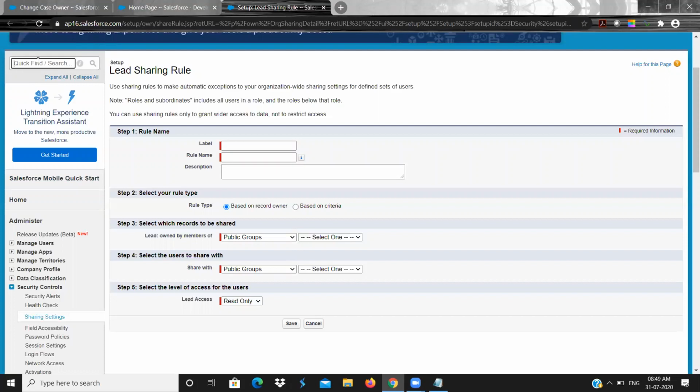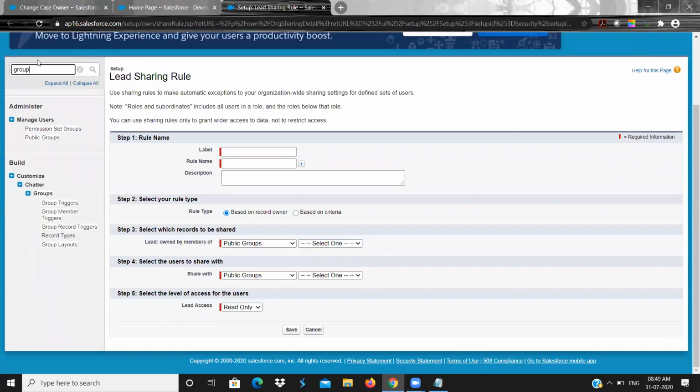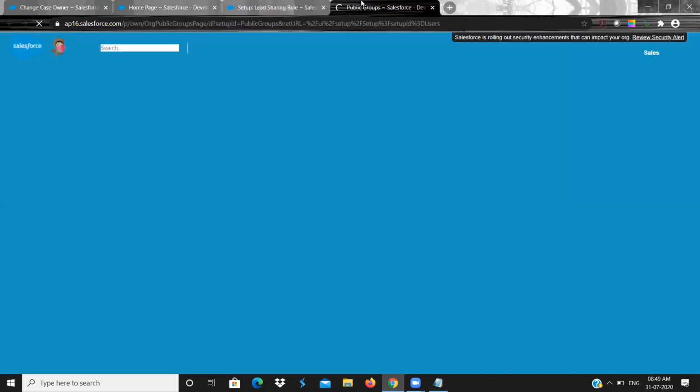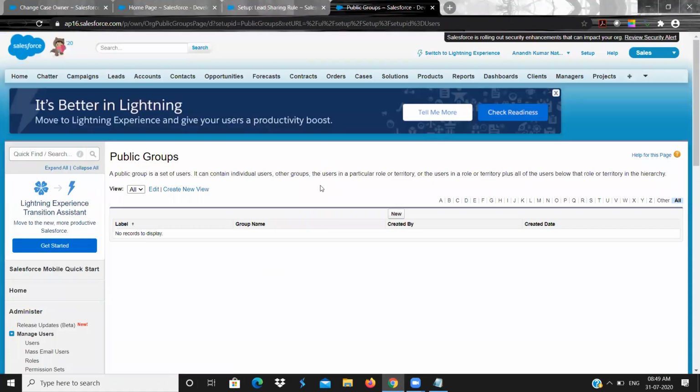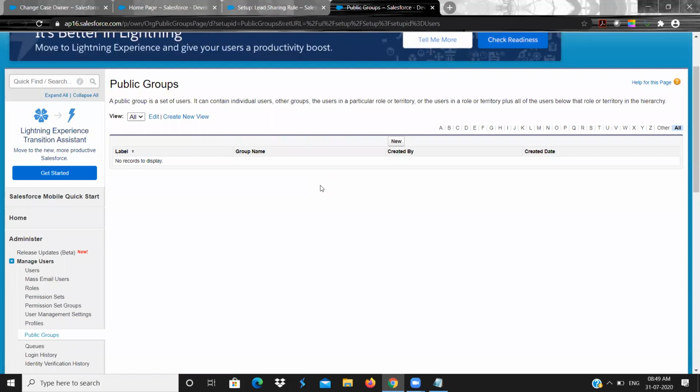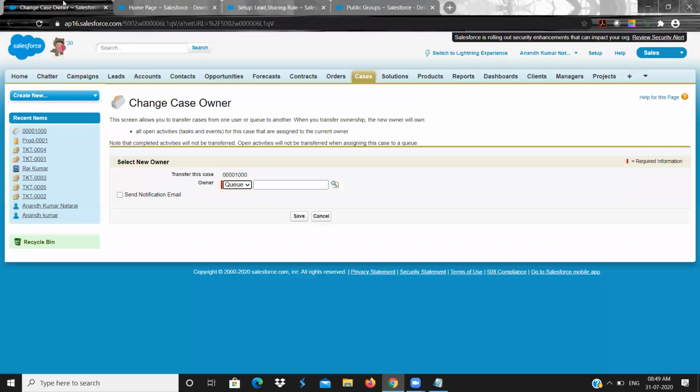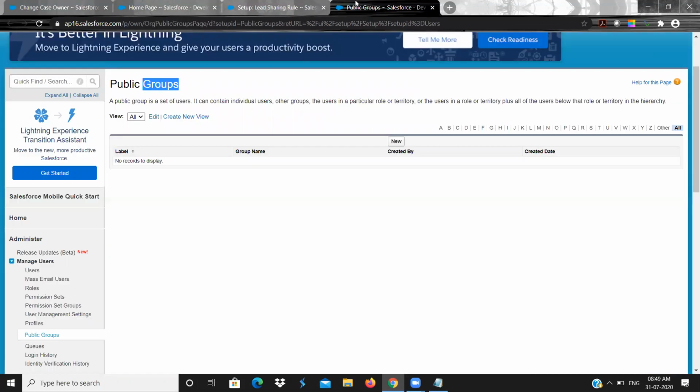To create a group or a queue, you simply go to the group setup. Whenever you are going for sharing or security, you will see group. And whenever you are dealing with ownership of a record, you will see the queue. Apart from that, all are the same.